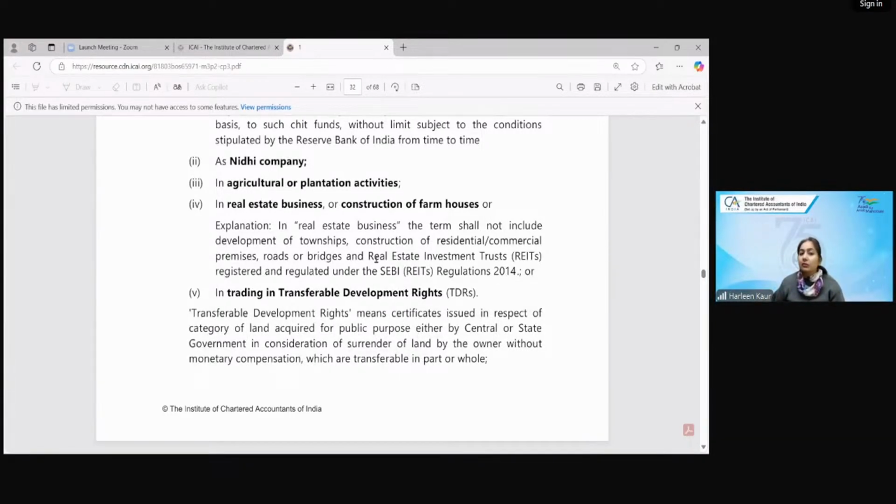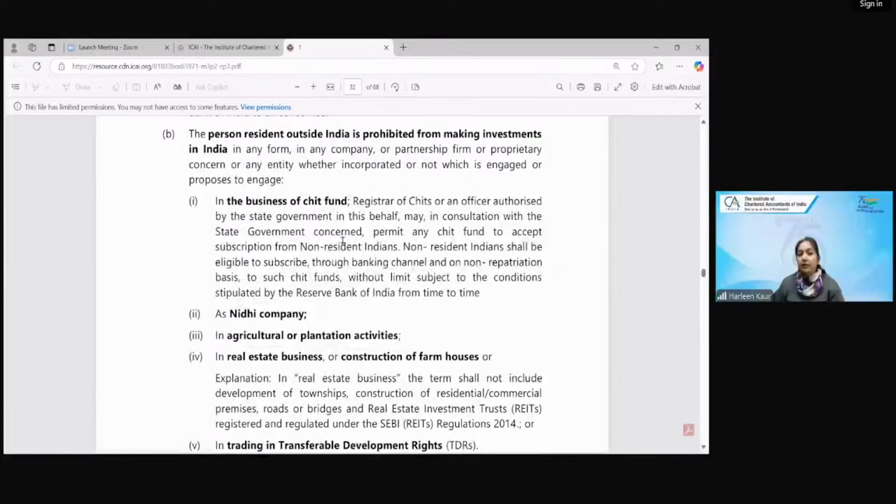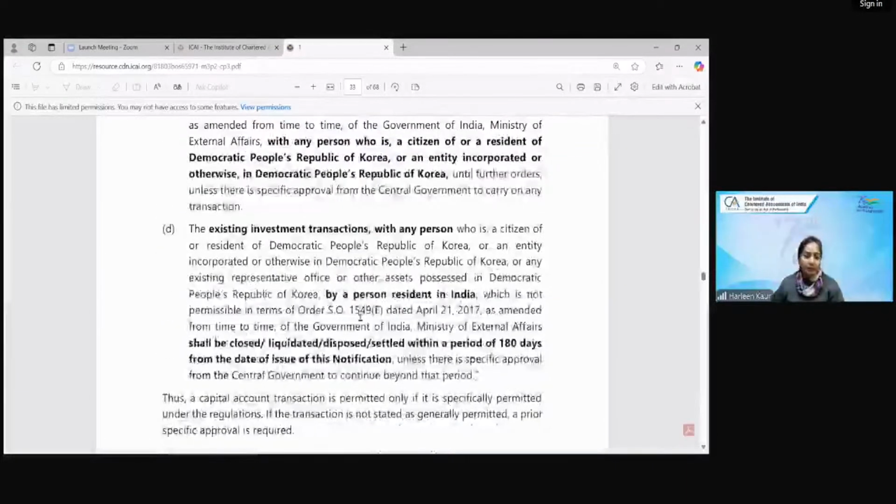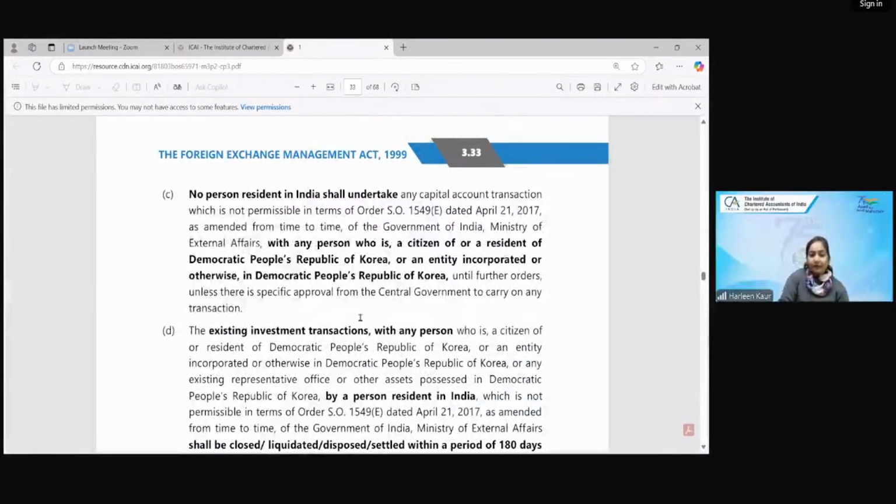So if I ask you, can a person resident outside India set up a Nidhi company in India? Can he make an investment in a Nidhi company? Yes ma'am or no ma'am? Hurry up. We are on the last page now. Meghna says yes, ma'am. Okay. Vijay Multani, this is for the previous one. No, ma'am, is the correct answer because these are prohibited transactions. Khushi, Pooja, Khushbu, Swati, all of you are correct.